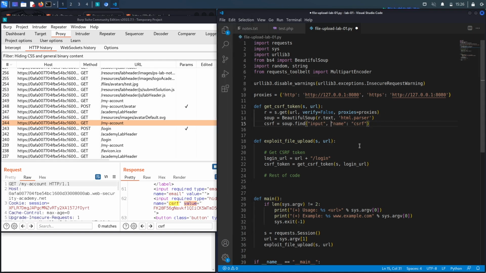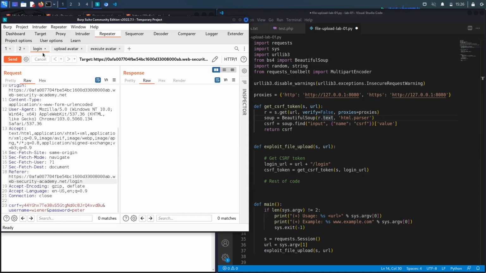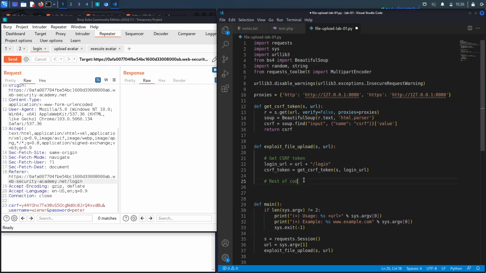So this has to be in curly brackets, and then we want the content of the value attribute. And that's essentially it. So we return CSRF, and when we return it, it gets saved in this variable right over here. So now that we have our CSRF token, we're ready to perform our first request, which is the login request. So let's remove this and say we're logging in